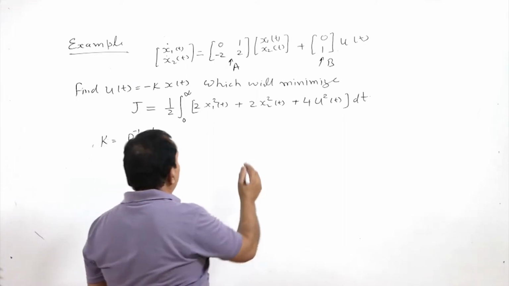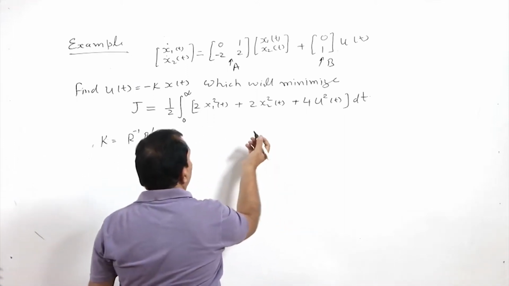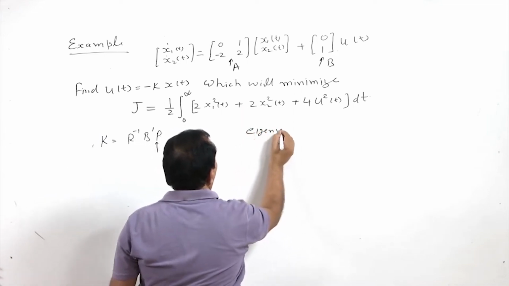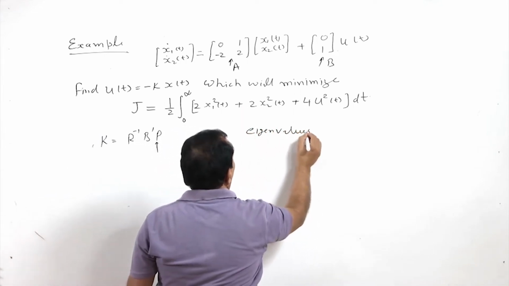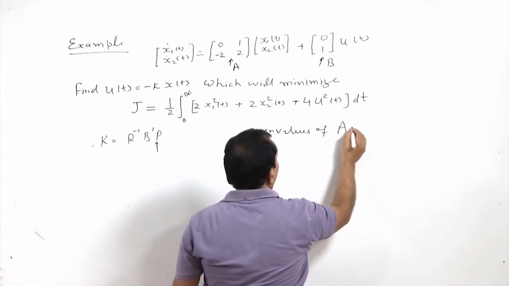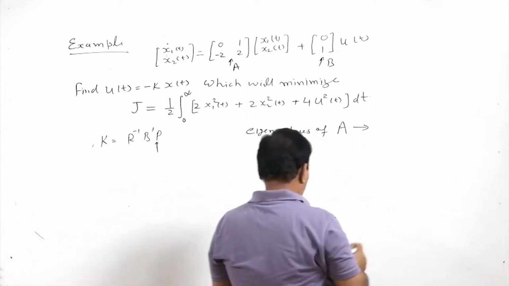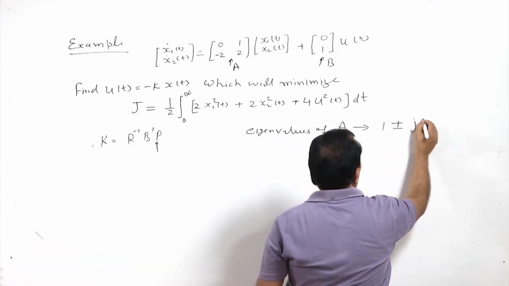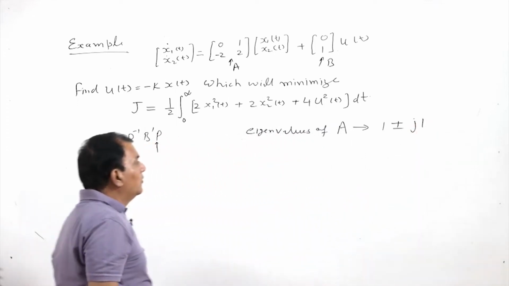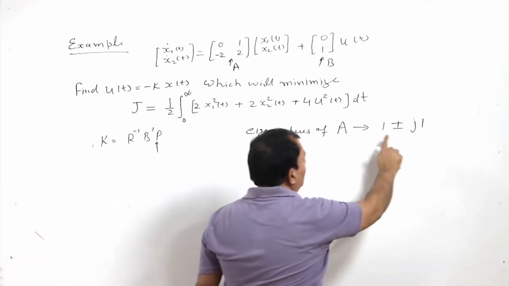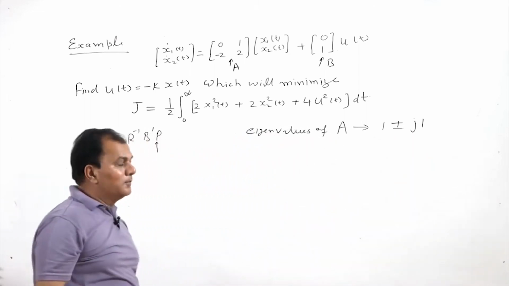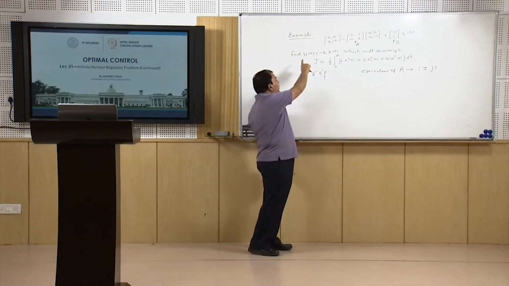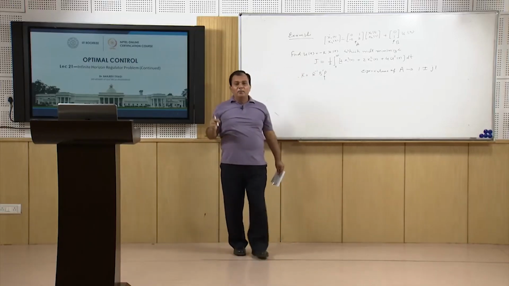Now, in this case, if we will see, eigenvalues of A are 1 plus minus j1. So, this means my original system is an unstable system. So, my first step is to design a control law u equal to minus kx. My system should be a